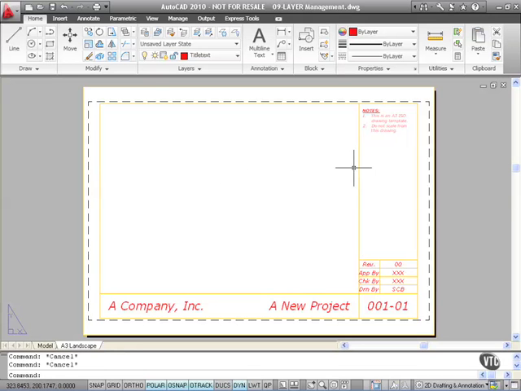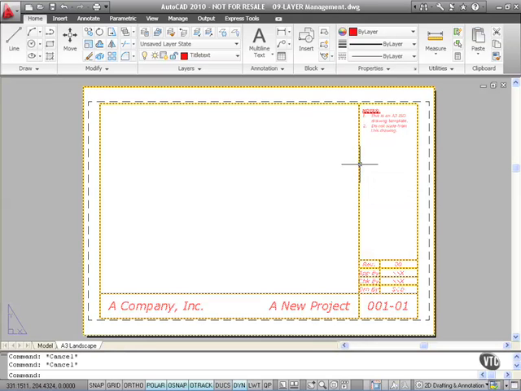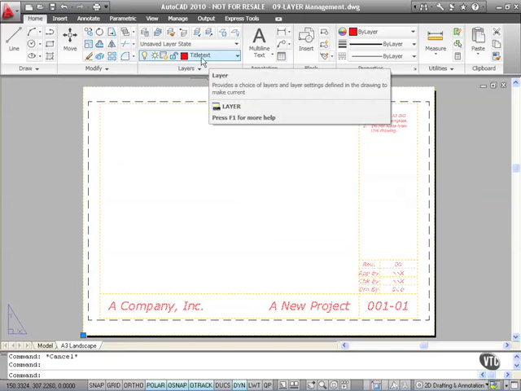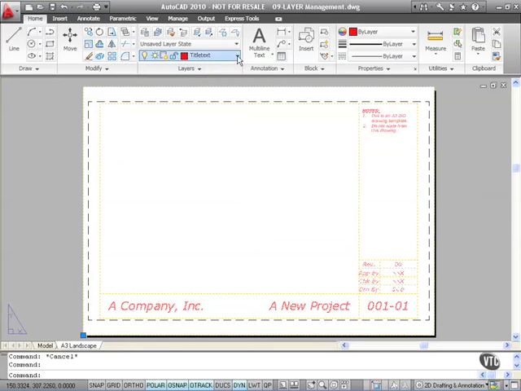So what I do is I select my block. Notice it's all one object, and you can see there when I hover over it, it's on the title text layer. Click on it. You'll see the little blue grip in the bottom left corner there. That's our insertion point, and you'll see it's telling us it's on the title text layer here on the layer pull down. If I click like this on the down arrow and select title block, that puts our block onto